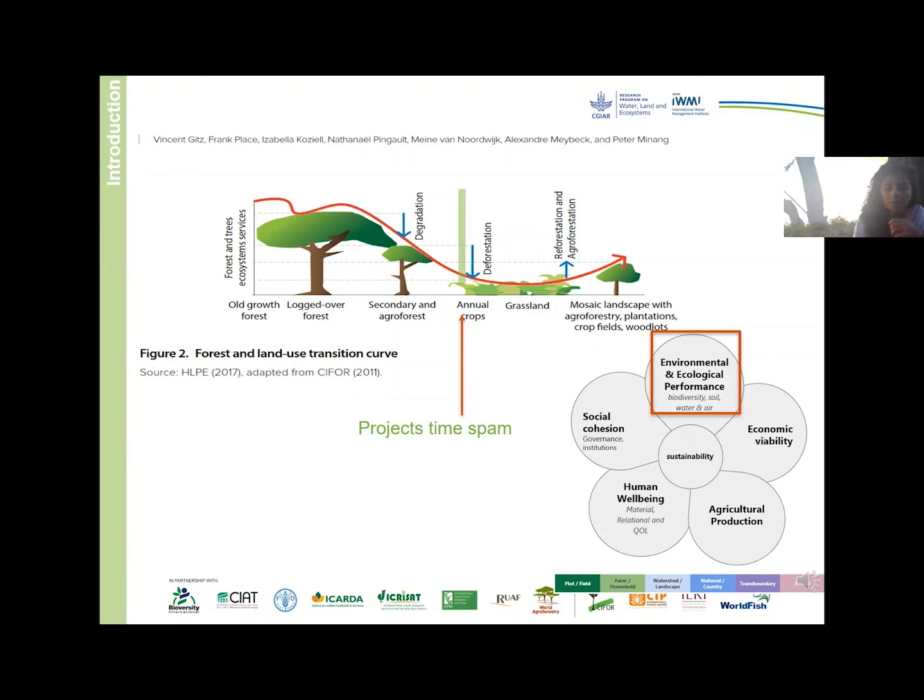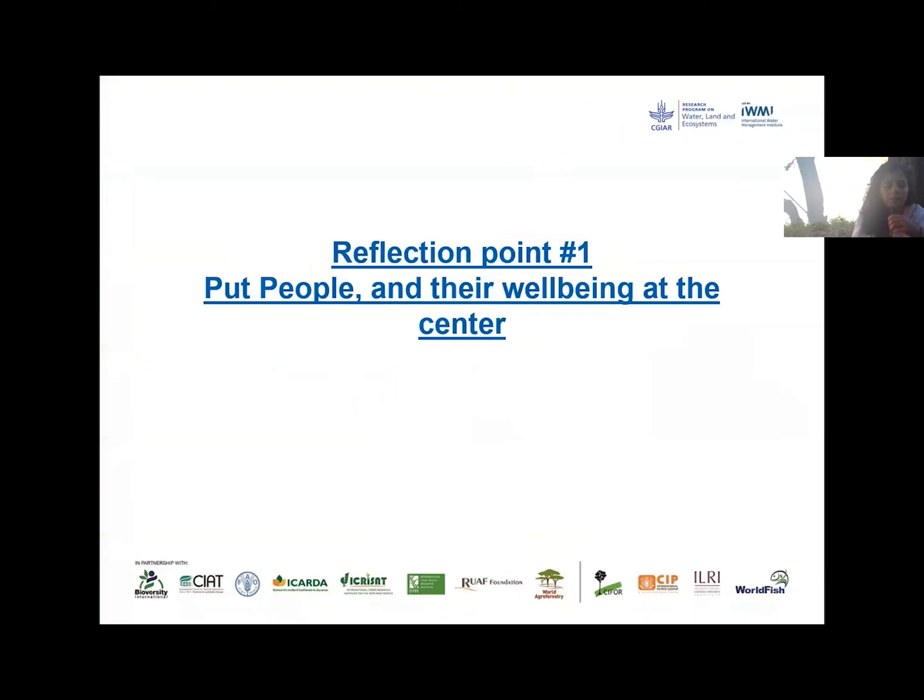So let me start with some ideas that we want to put forward on how to better capture, how to better account for the long-term success. And these reflection points are based on the collective work and research by CGIAR and non-CGIAR researchers. So the first point that we want to put forward is to put people and their well-being at the center